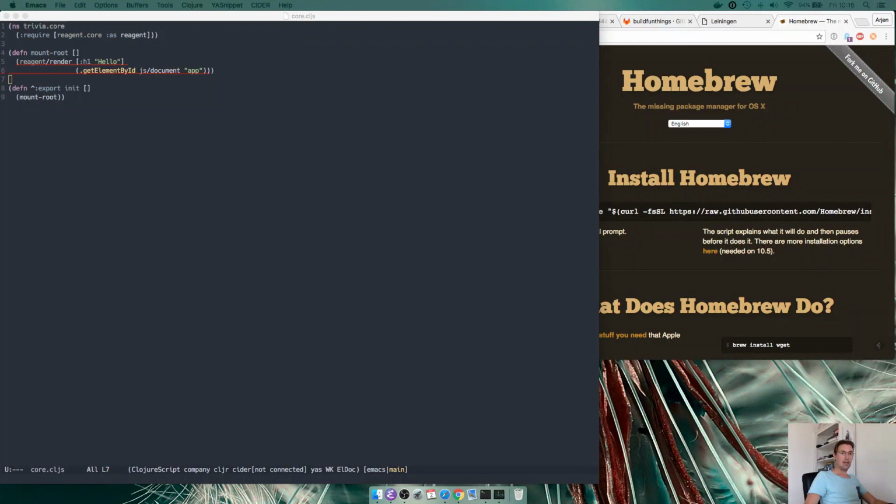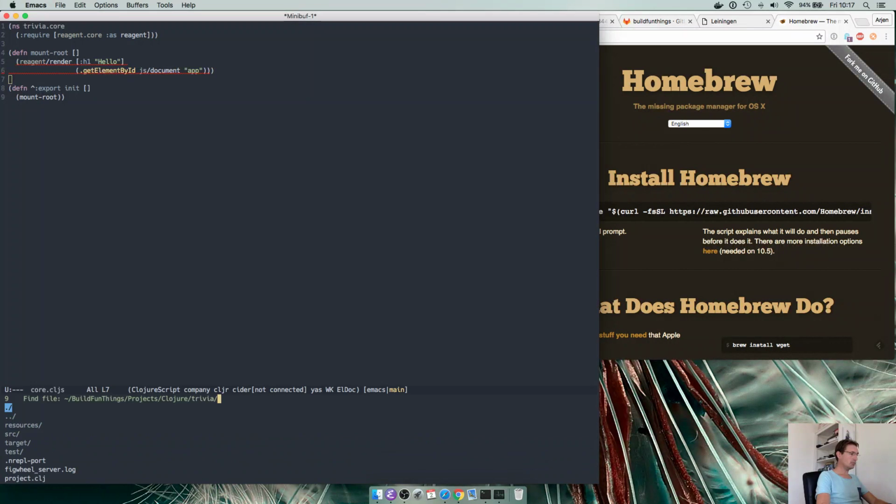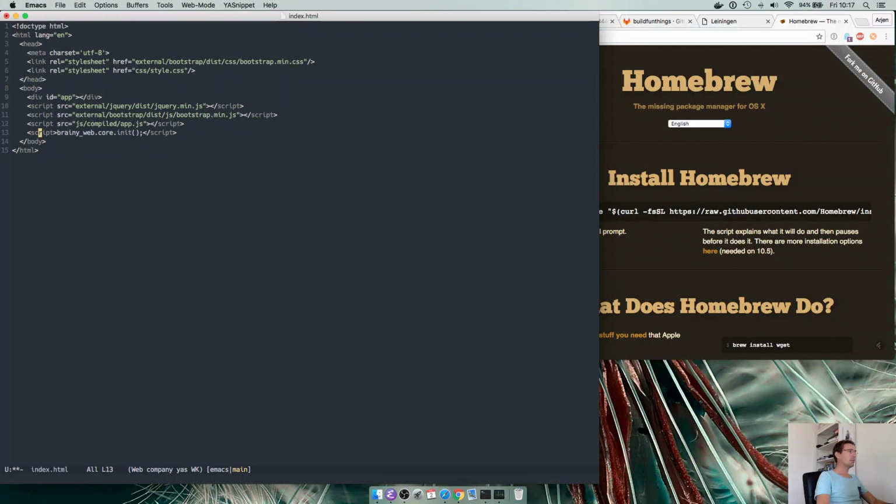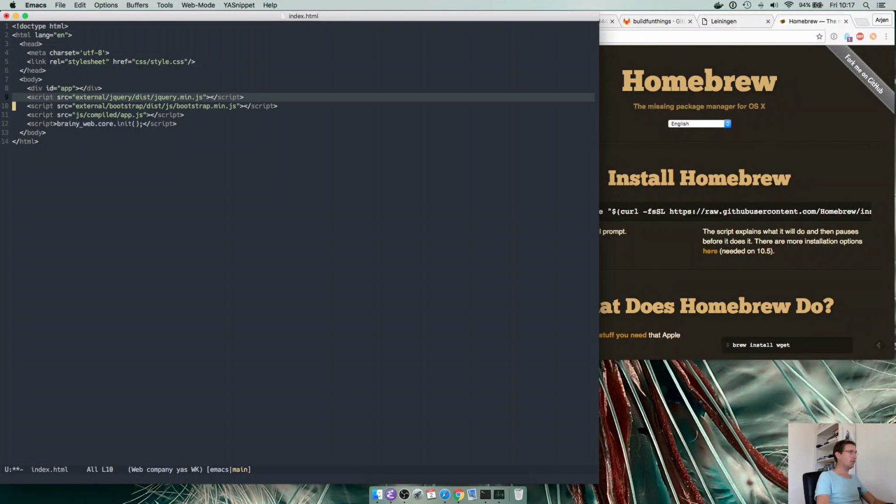and I for one do not like to type HTML code. I think nobody does, so we will just copy it from a different location. Resources public index.html. Bam, we have a lot of stuff now. We'll just remove this part already,